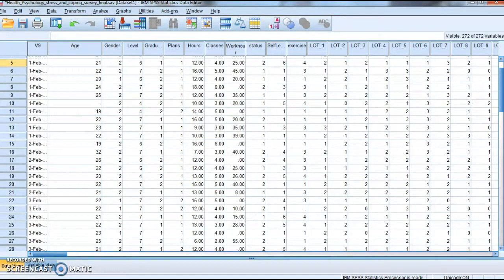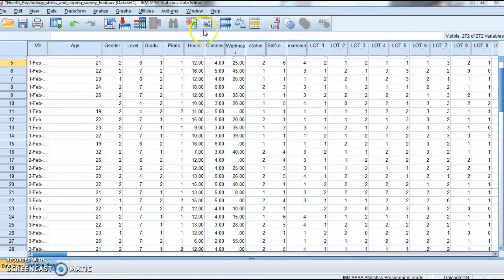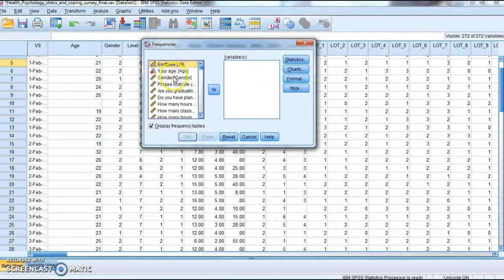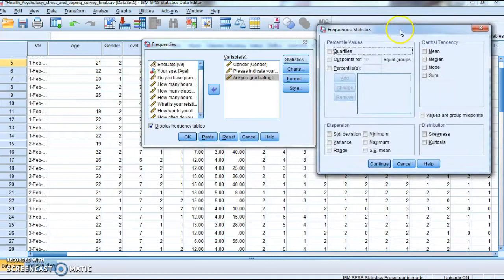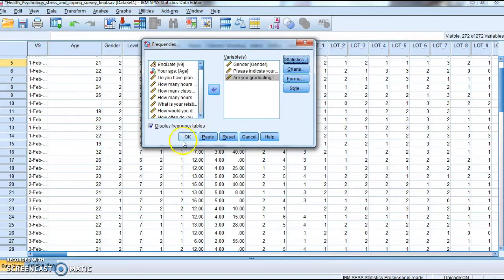Now I want to show you what is called syntax. Often in class what you learn is how to use the drop-down menus to run analyses. So you click here, click on descriptive statistics, click on frequency, then you have a pop-up window that comes up. You put in the variables you're interested in learning about. So these would be demographic ones. Click on statistics. Then you could click mean, median, and mode, standard deviation, continue, and then typically you press OK,